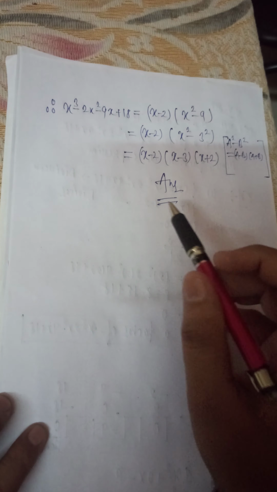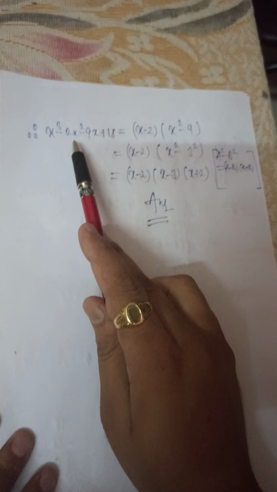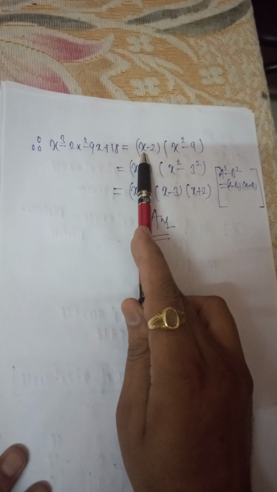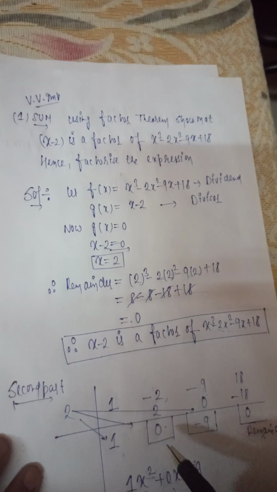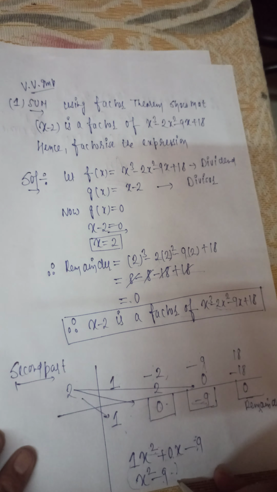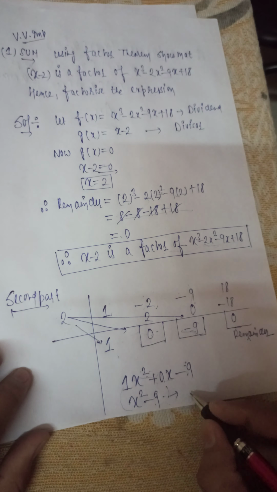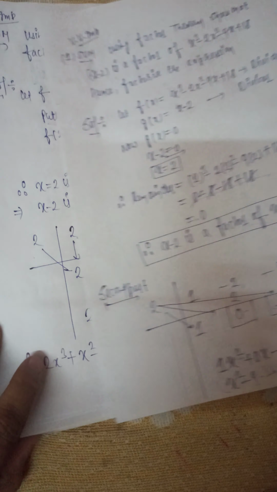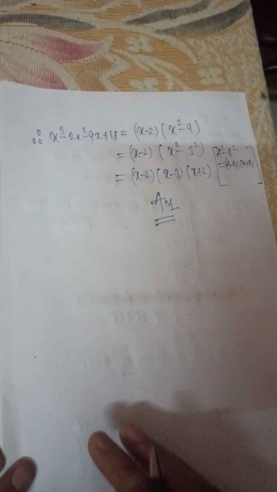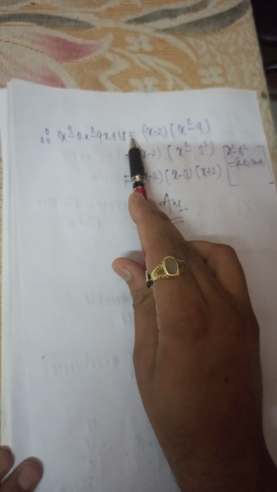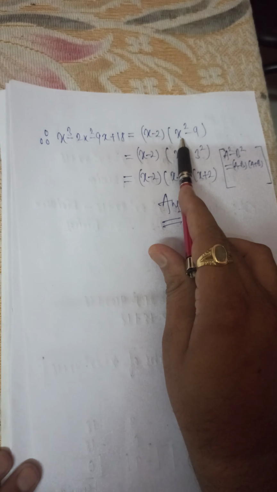So in the next step, always write the given cubic polynomial equal to divisor multiplied by quotient. See here, x minus 2 is the divisor. We are dividing by x minus 2, and this is the quotient. What is this? This is the quotient. So in the next step, you have to write the given cubic polynomial. Now what is the given cubic polynomial here? It is the dividend. Dividend is equal to divisor multiplied by quotient.